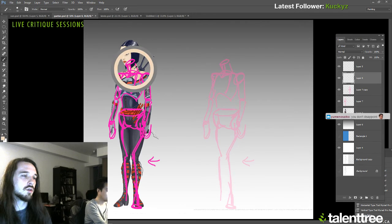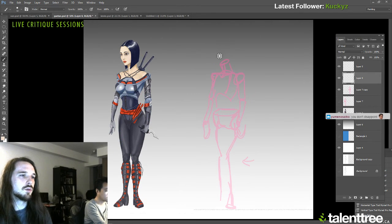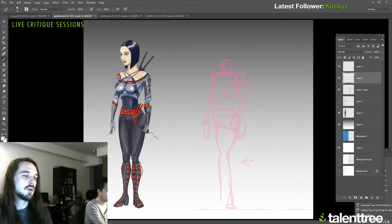The skin tone overall is a little bit too light for how this light source is coming. So you've got the face, and if you look at it, it's got a lot of really complex geometrical forms going on. And the first thing you can tell right away is, even if you just break it into a simplified box,